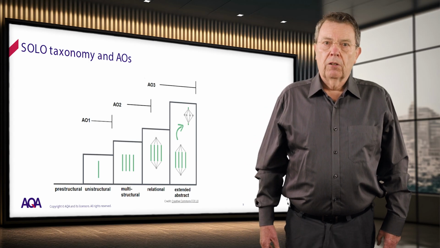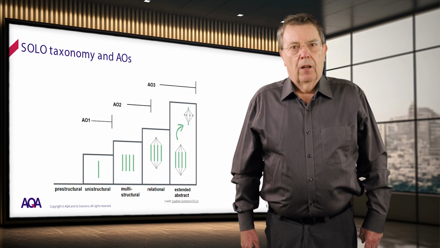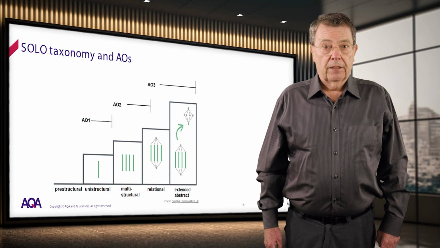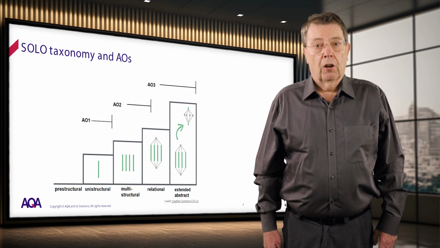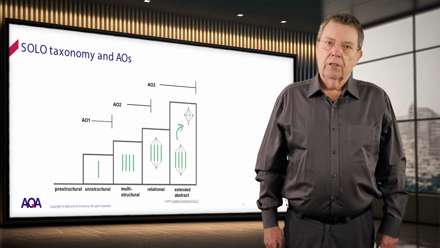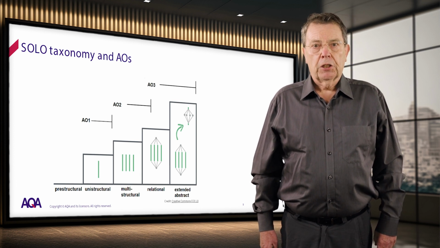AO3 tasks belong to the extended abstract level of the taxonomy, where high-attaining students can take the facts they've understood and assimilate them. They can apply their coherent knowledge to new scenarios. They might, for example, predict the behaviour of other boiling fluids based on their understanding of water. It's essential for the assessment writers to understand this underpinning ramp of skills in the construction of a paper.